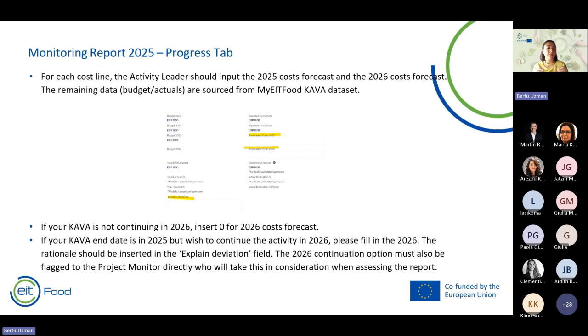There you will see this explain deviation field, which will enable you to give more information about your request. That can be checked, controlled, and discussed by the business operations team. The 2026 continuation option must also be flagged to the project monitor directly, who will take this into consideration while assessing the report. Important note, as I said in the beginning of the presentation, the things that you are adding here, like this wish or this request,